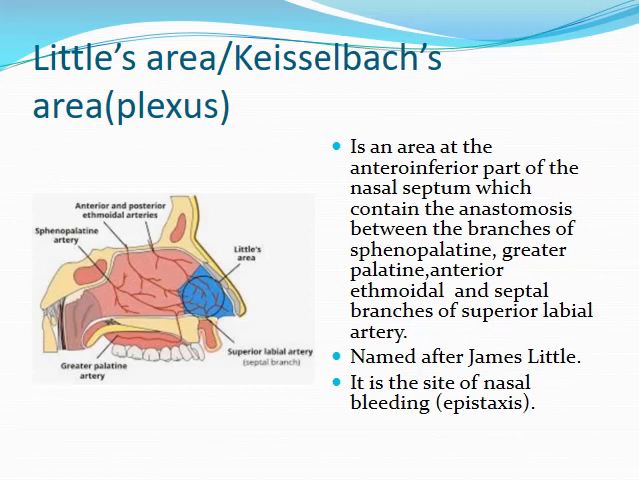Now what is Little's area or Kesselbach's area? Little's area is an area at the antero-inferior part of the nasal septum which contains anastomosis between the branches of the sphenopalatine artery, greater palatine artery, anterior ethmoidal artery and septal branches of the superior labial arteries. So these arteries anastomose at the antero-inferior part of the nasal septum, and that area is called the Little's